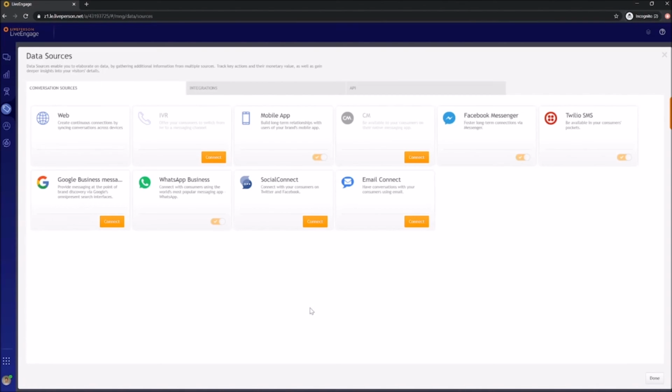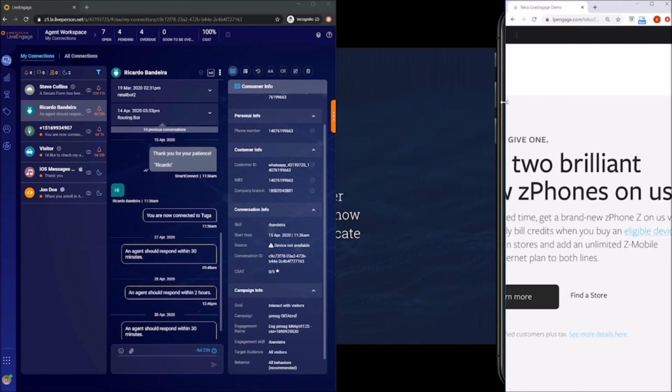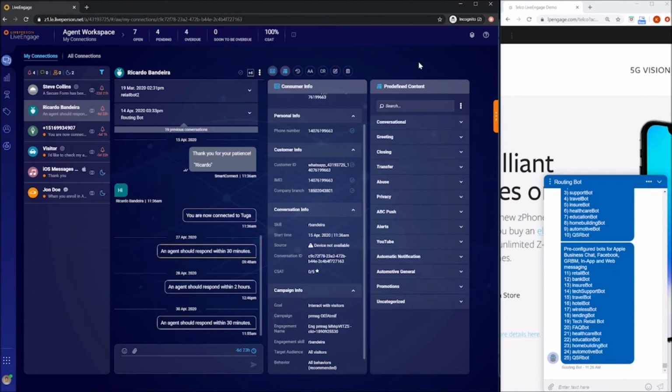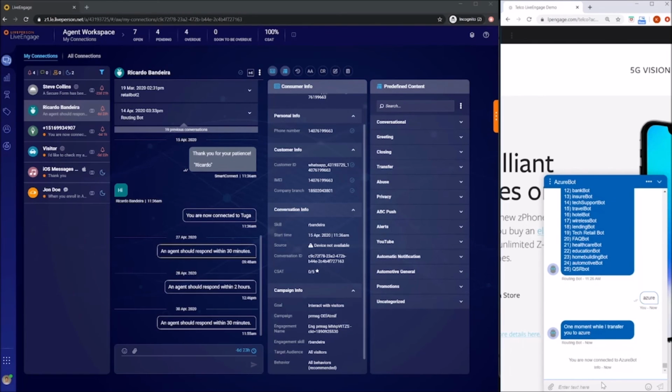And here we'll be demonstrating a web messaging engagement and an SMS engagement. You can see that there are additional endpoints that you can leverage to connect to consumers, as well as integrations and APIs as data sources to be applied. On the left side of the screen is the agent workspace that will retrieve that escalation and handoff from the bot itself. And on the right side is a demonstration web page with the web messaging tag tied to it.